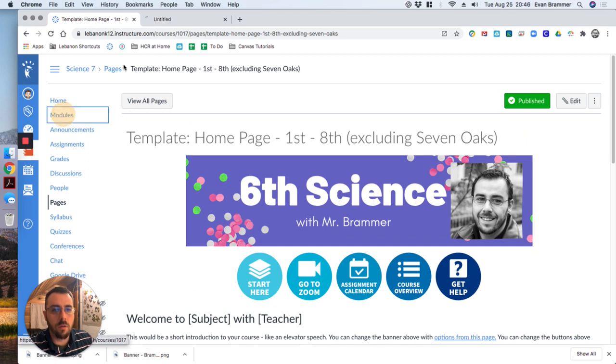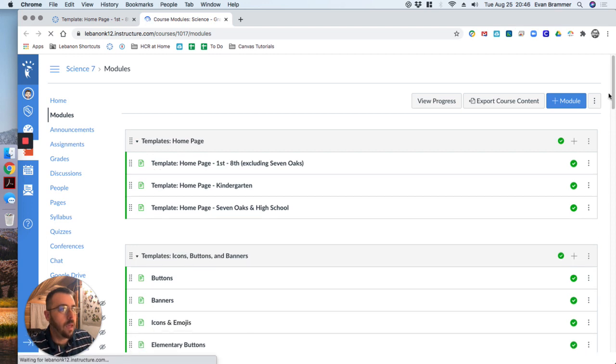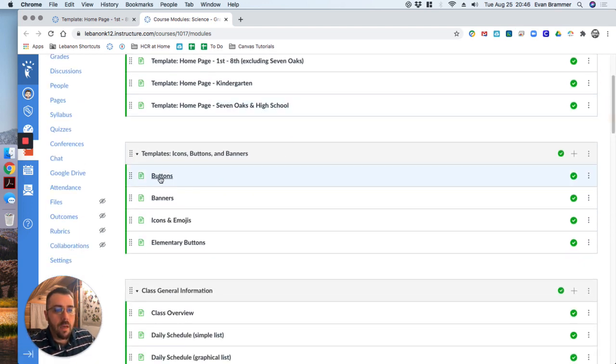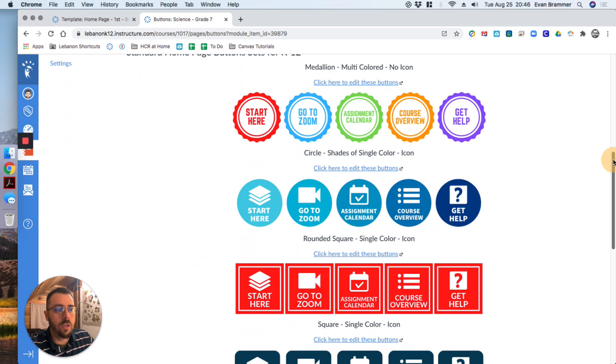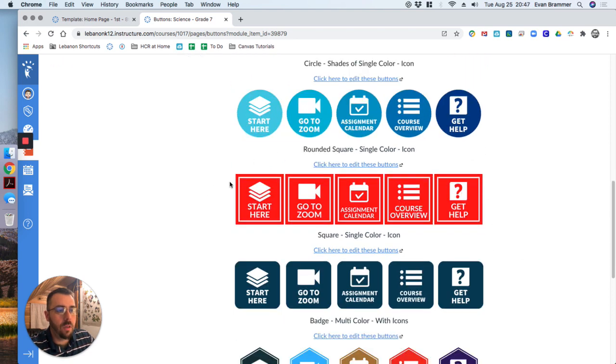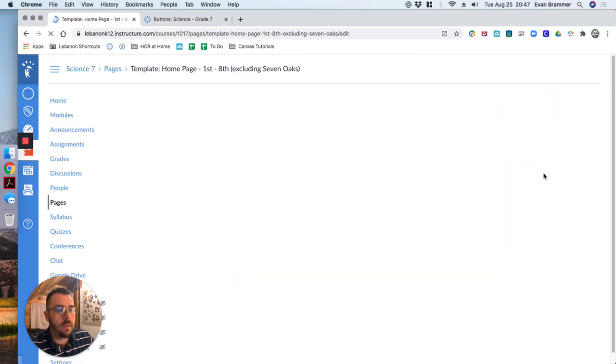First, let's go out to the module view, and I want to show you a page that is built into this template. And that page is the buttons template. Obviously, I showed you the elementary buttons template page before, and you can use those also. But we'll look at the buttons. I've pre-built a number of different styles so that you can just use them as is if you're only going to use these 5 buttons, or if you're going to use a specific button. Let's use this one right here, and I want to show you 2 different ways that you can add it. The first way is if I go back here and I click edit,